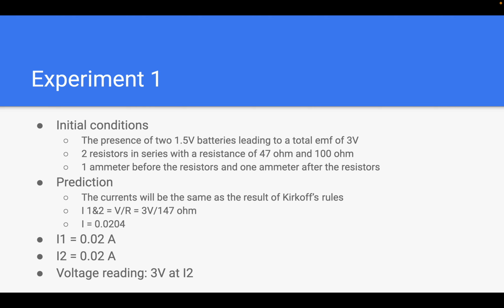And my predictions were that the currents were going to be the same as a result of Kirchhoff's rules. And I1 and I2 are going to be equal to 3 V divided by 147 ohms. I1 is going to be 0.02 and I2 is 0.02 as well, with the voltage being 3 volts at